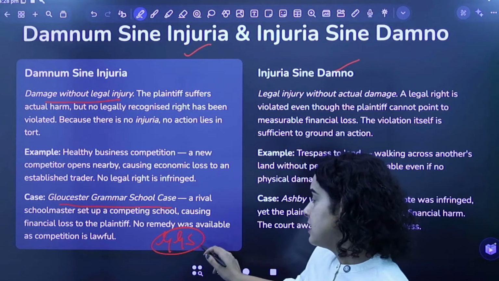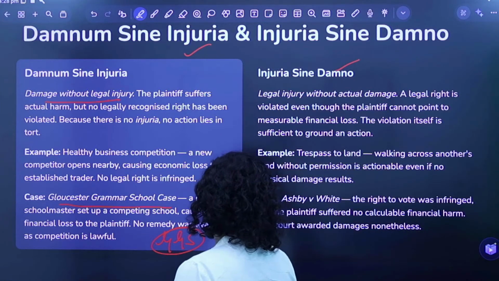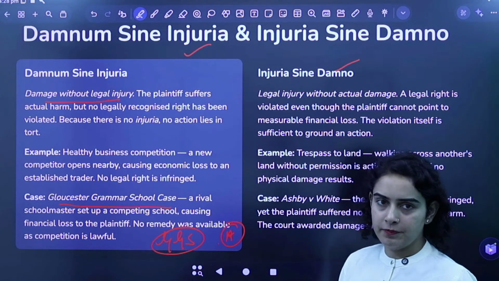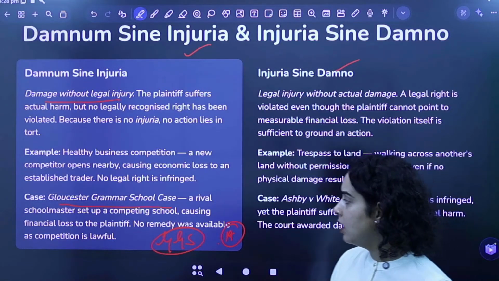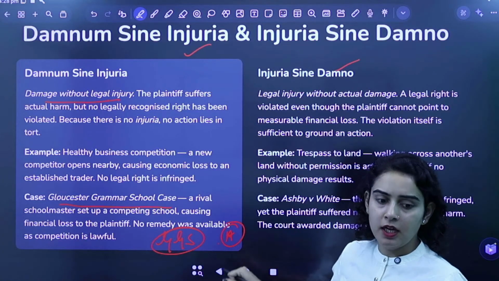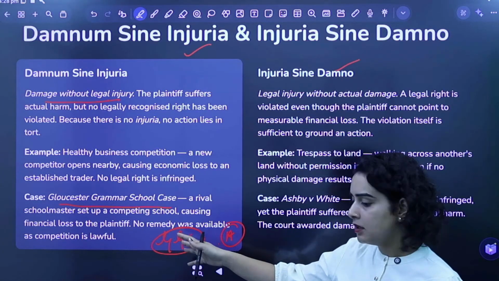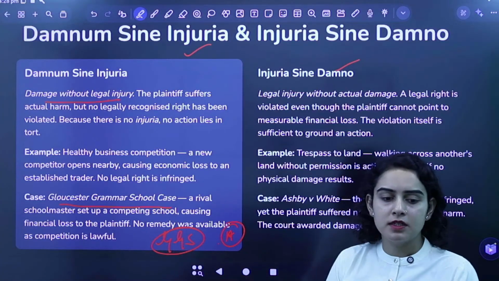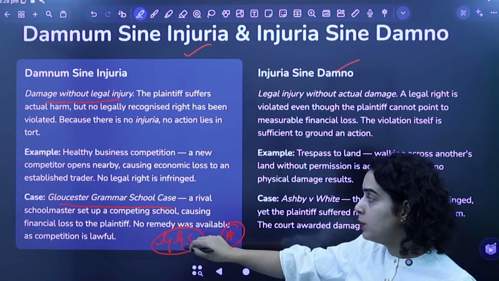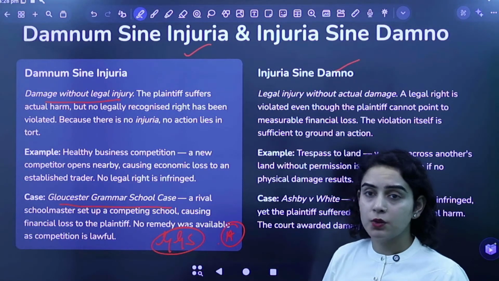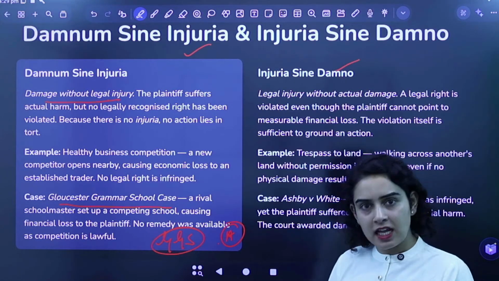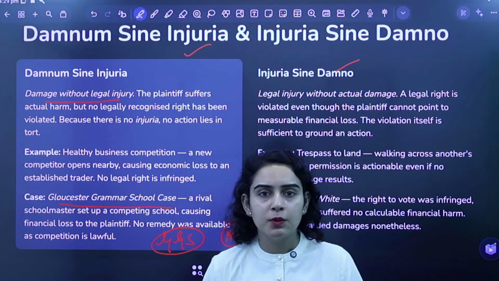Now इसी की vicinity में एक और स्कूल इसके राइवल ने खोल लिया. अब इससे क्या हुआ, जो भी पहले बच्चे थे वो सिर्फ GGS में आया करते थे, अब वो स्कूल A में भी जाने लग पड़े. So clearly यहाँ पे क्या हुआ, उसको financial loss हुआ. Why? Because a lot of kids went to this person's school. So now GGS went to the court saying कि मेरा तो बहुत नुकसान हो रहा है because this person has opened a school here. To which the court said that yes, financial loss है, but आपका कोई भी legal right violate नहीं हो रहा है.